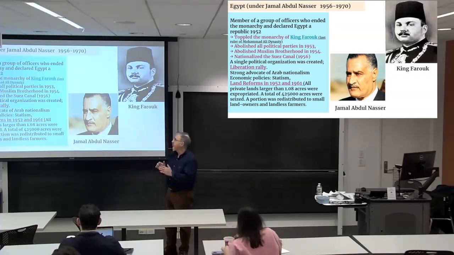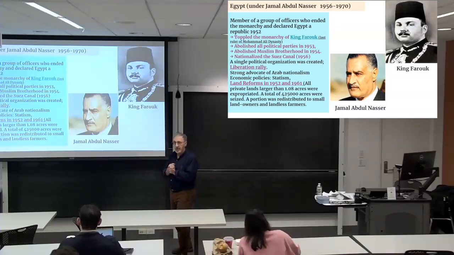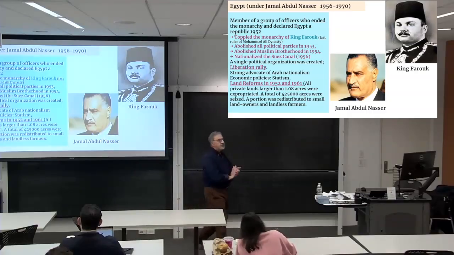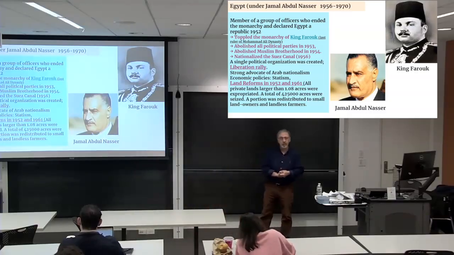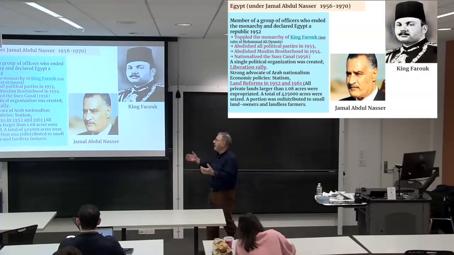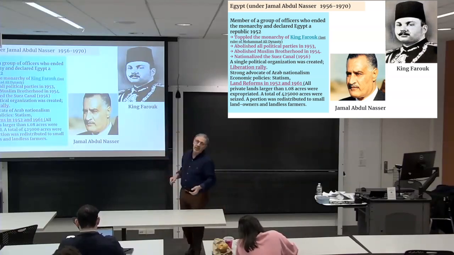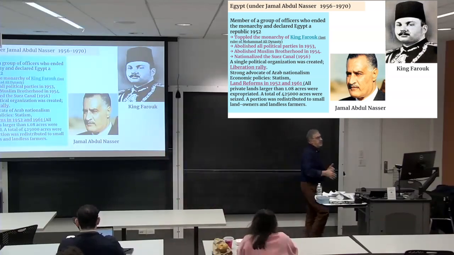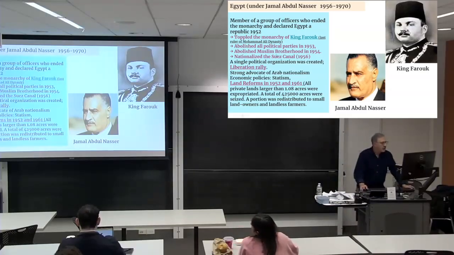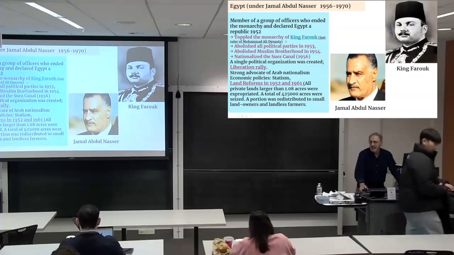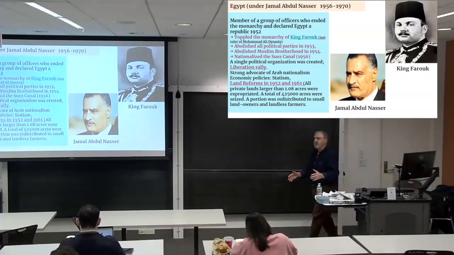But in 1952, a number of military officers under the leadership of Jamal Abdul Nasser, whom you see in the picture here, orchestrated a military coup d'etat, meaning that they were members of the army. They orchestrated a military takeover of the government and removed Farouk as the king that was in power. So they toppled the monarchy, and they also took a number of steps which consolidated economic power in the hands